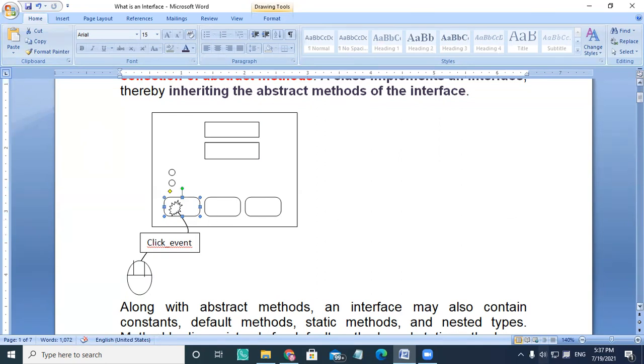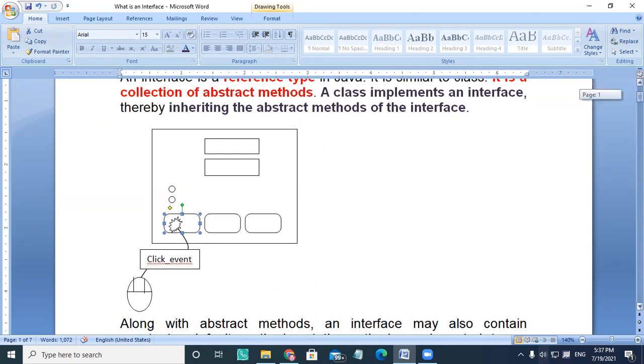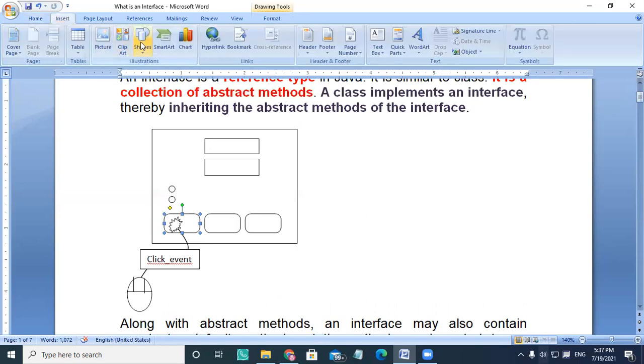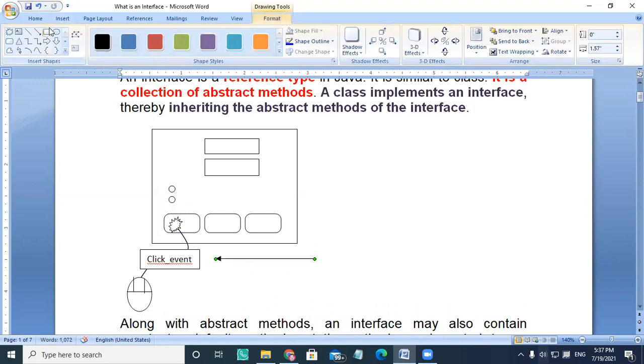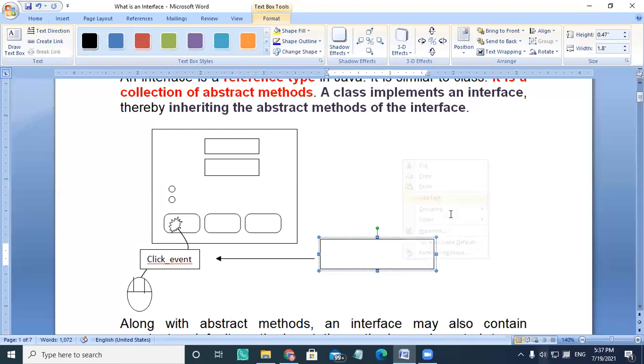So that is the reason in Java, different Java packages contain interfaces, and those are called event interfaces. Those event interfaces are empty, and they are firing events like click, mouse over, mouse up, mouse down.